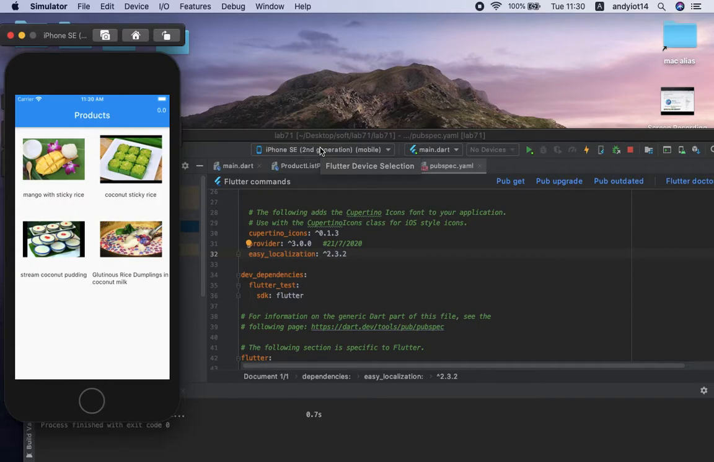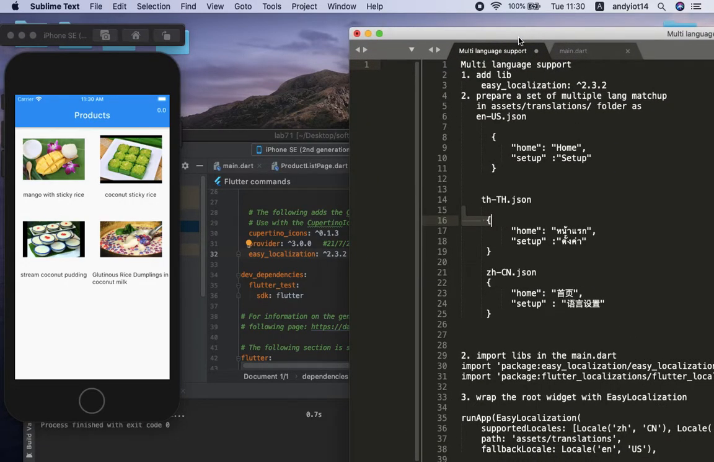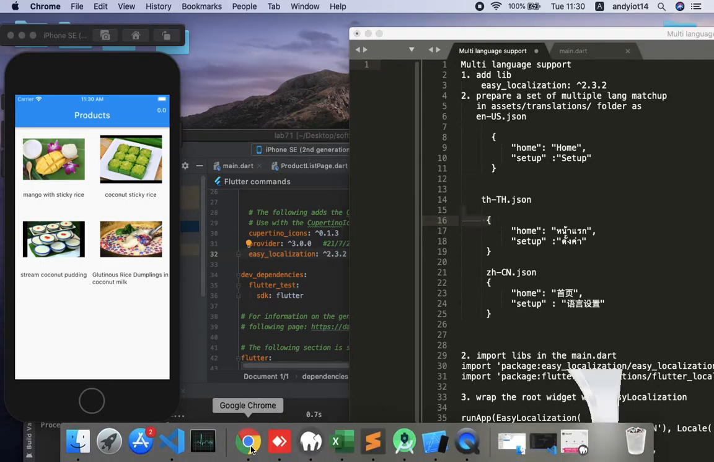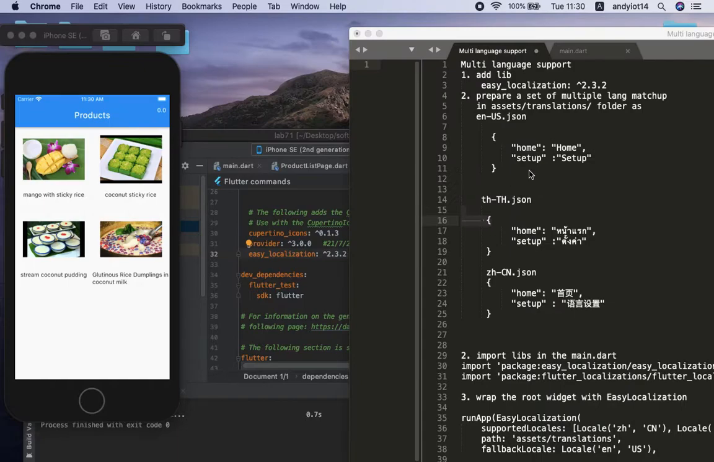So for this video, we are going to look at how we can support multiple languages in your applications. In order to add this support, the first step is this snippet, which I have provided for you so you can copy and paste it into your applications. The library that we're going to use for this support is called easy_localization. For the first step, we are going to add this library here in your